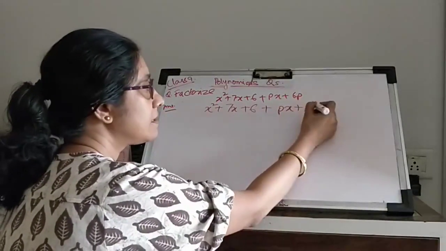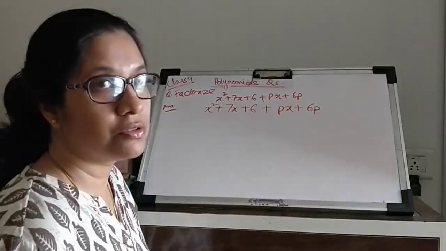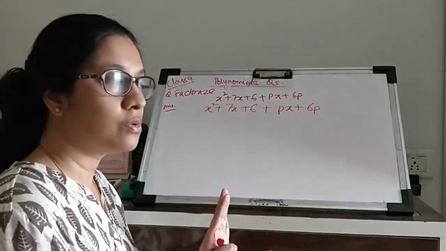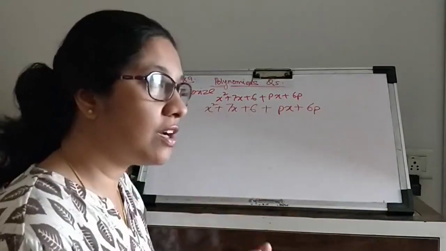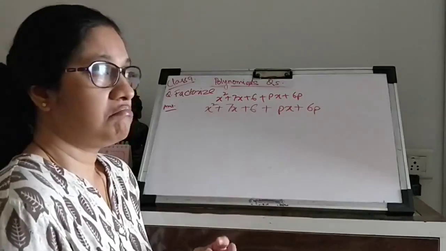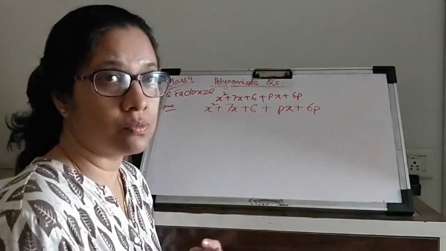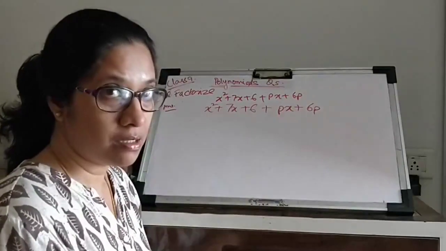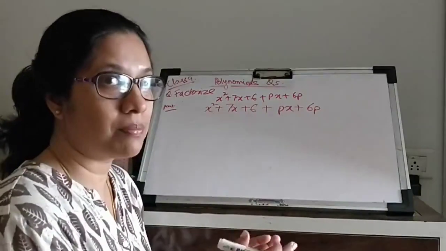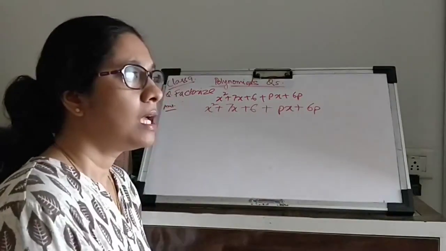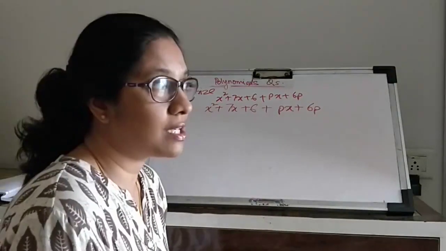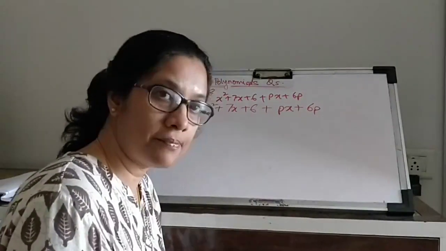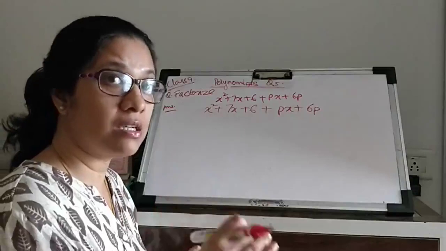So whenever this kind of polynomial is given to you, divide it into 3:2. 3 and 2. And then on 3 of the terms, we will either try to make it in the form of a plus b whole square or a minus b whole square. You know, if it is like a square plus b square plus 2ab, if it's a straight cut formula. Or if it is not so straight and we cannot use it as a plus b whole square or a minus b whole square, then we might use a midterm splitting method and factorize the 3 terms.